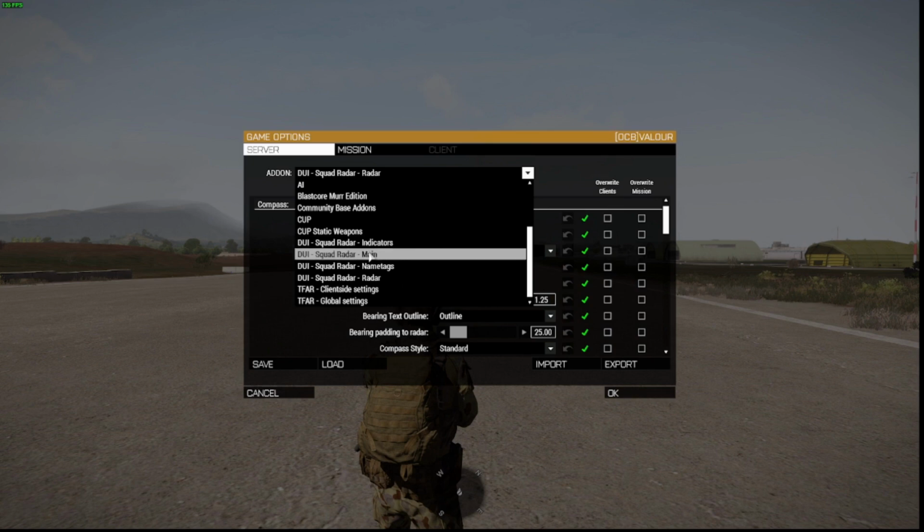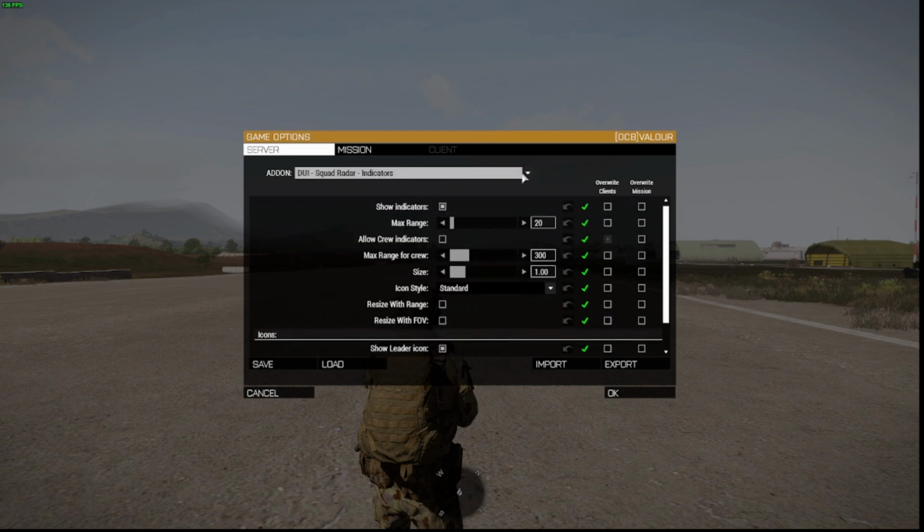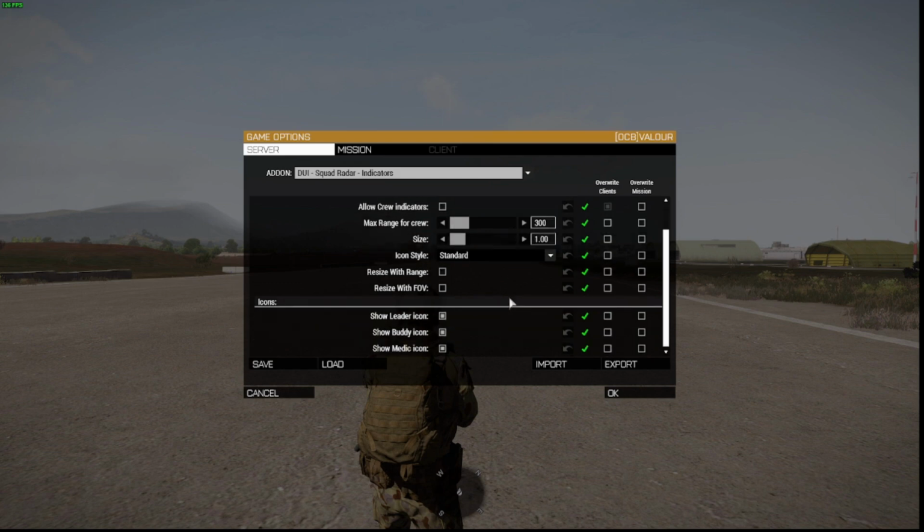So indicators, main, name tags, radar, and there's a whole heap of settings in here that you can play around with to configure your